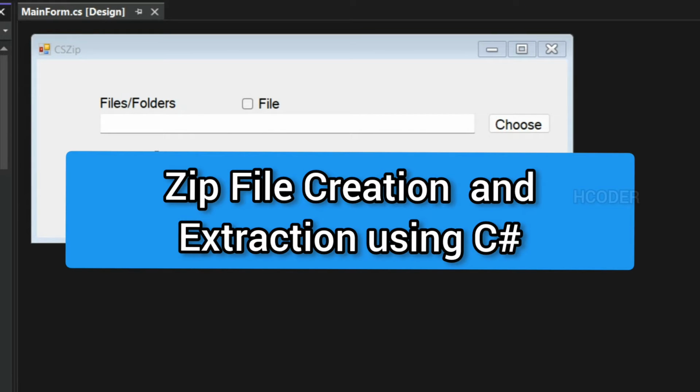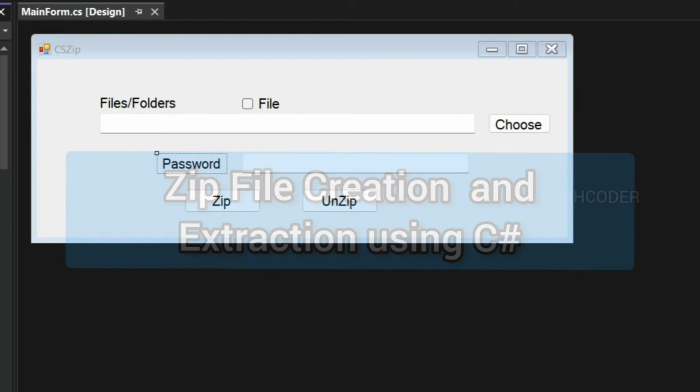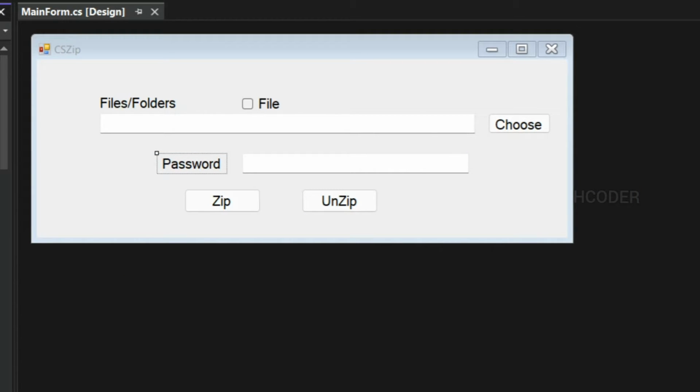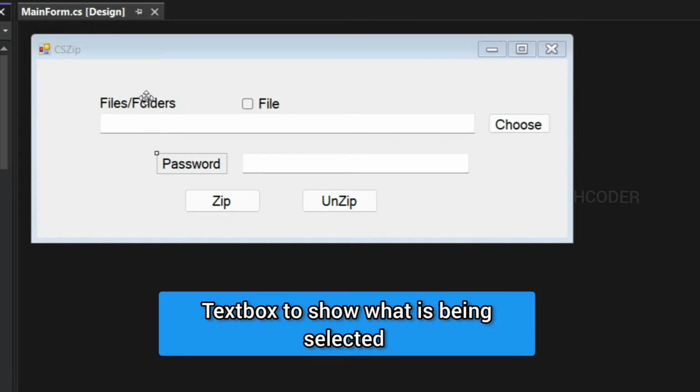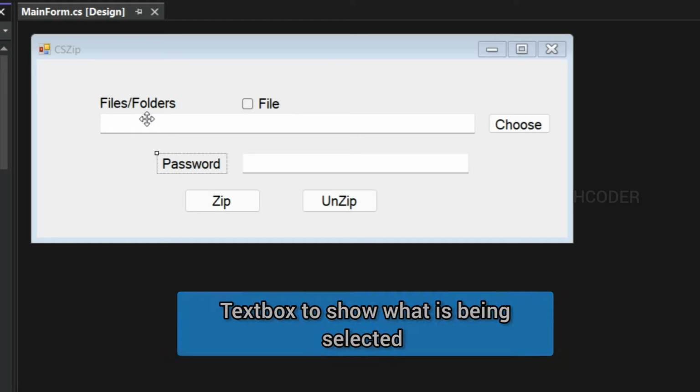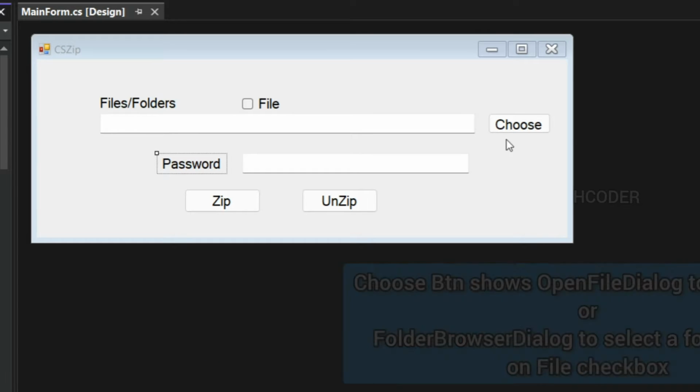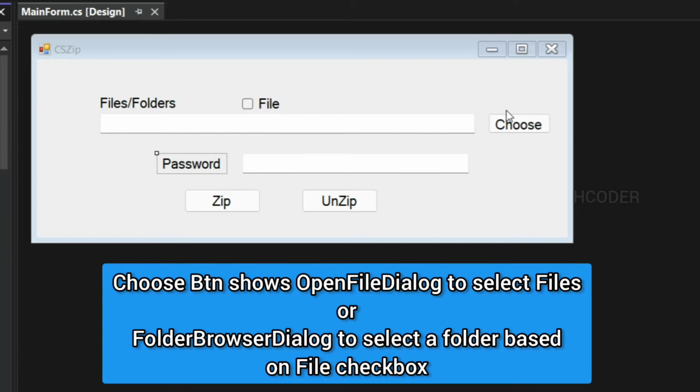In this video we are going to see how to create a zip file creator and extractor using C#. This is the UI we are going to begin with. We have a text box to denote what is being selected, whether it's a collection of files or folder, and we have a choose button that allows us to choose certain files or folders using OpenFileDialog or folder browser based on